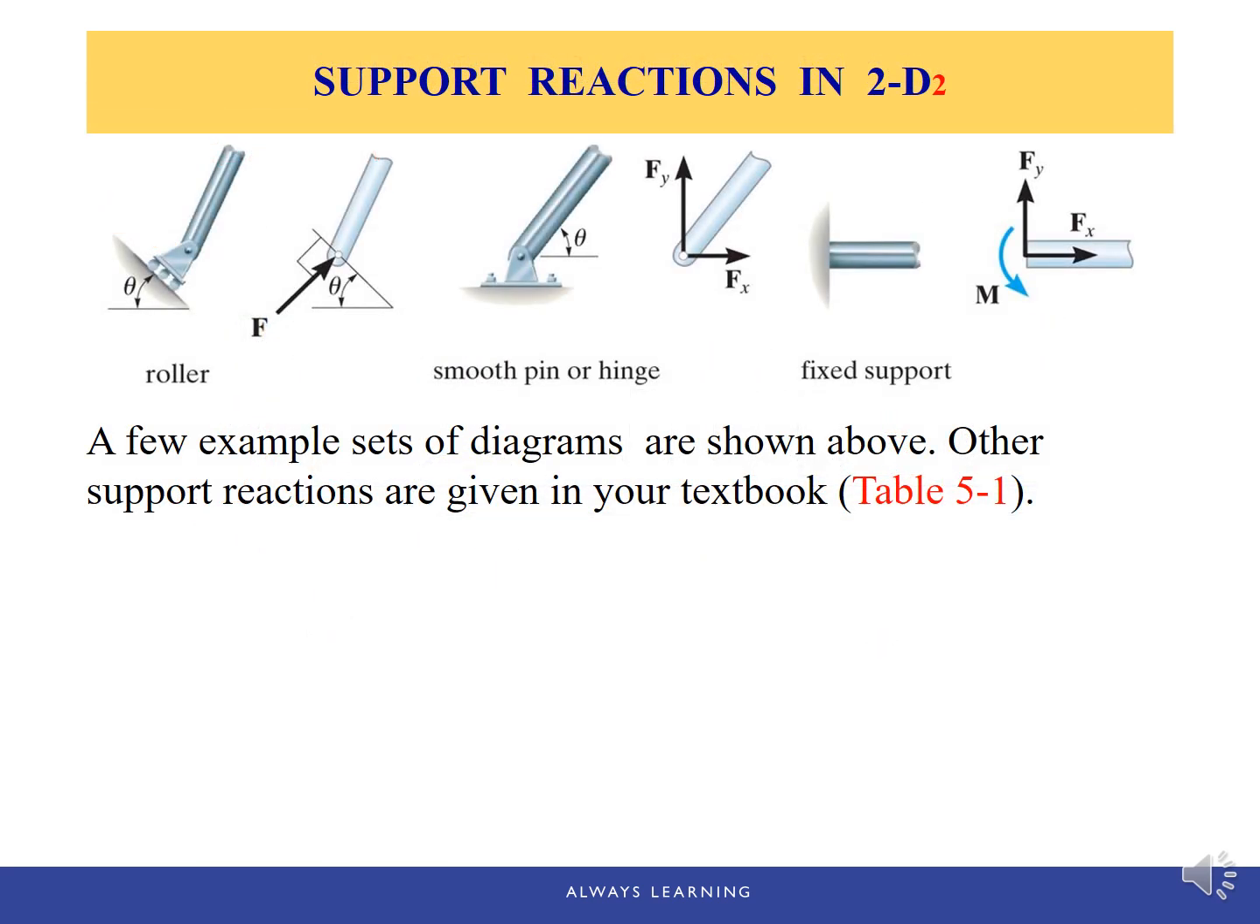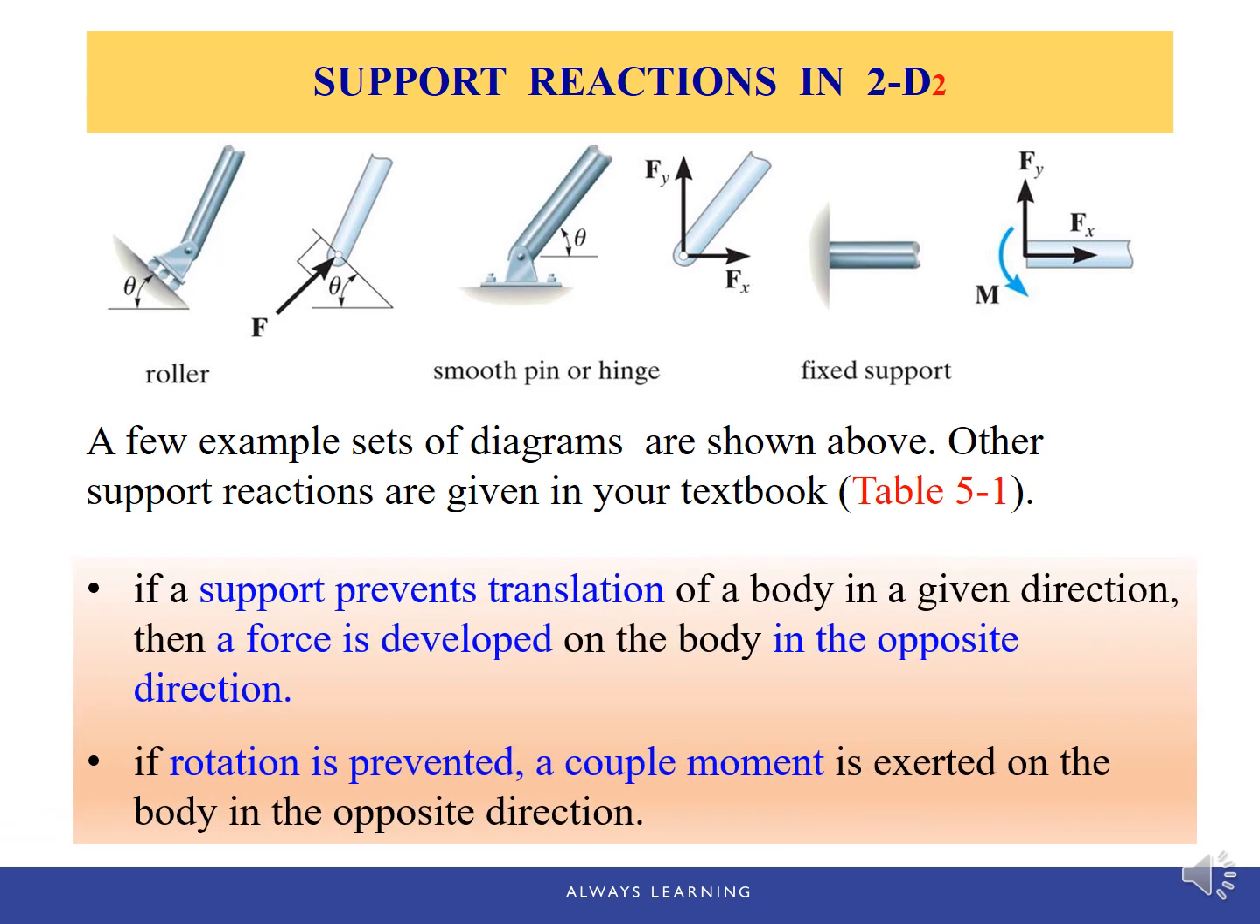A few example sets of diagrams are shown here. Other support reactions are given in your textbook. I will also post it in Canvas, so if you want to check your understanding of support reactions and to identify certain support reactions, you can check the table. But the rule of thumb to identify support reactions is as follows. If a support prevents translation of a body in a given direction, then a force is developed on the body in the opposite direction. For example, the roller support here,